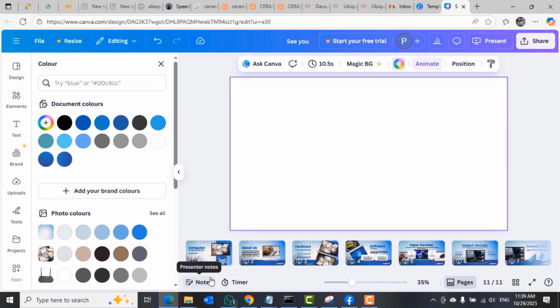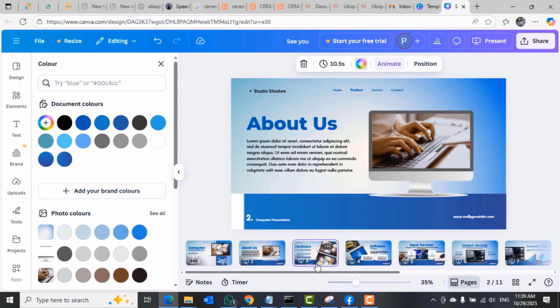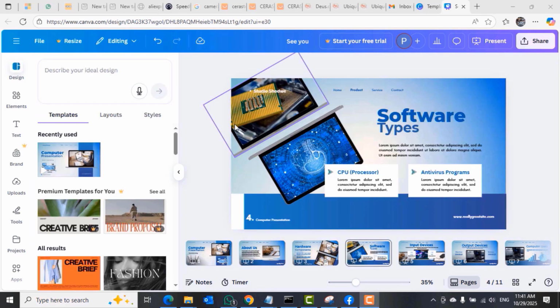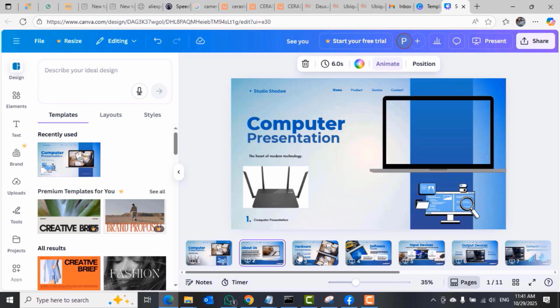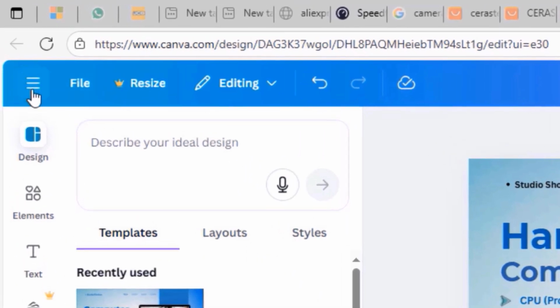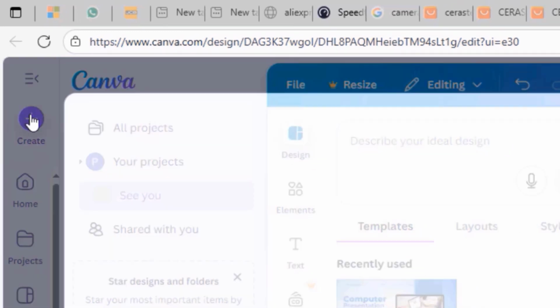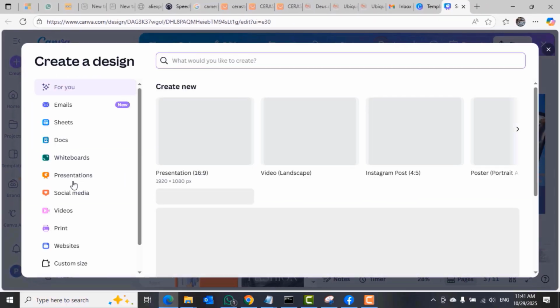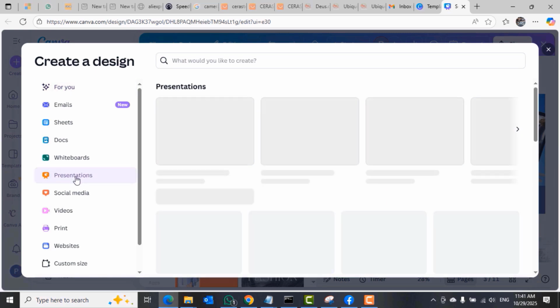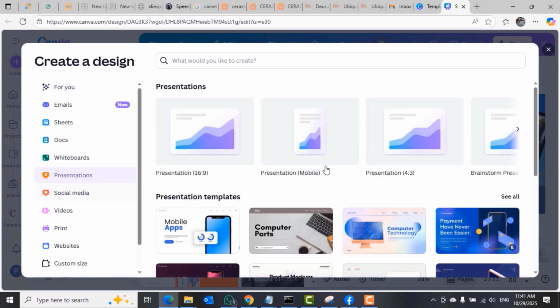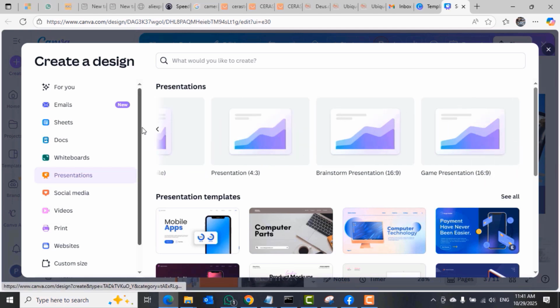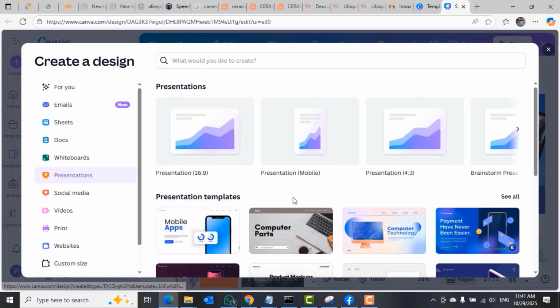This is a template, so go through each and every page to make sure that you add the necessary items, the pictures, the text that you need on each and every single page. But if you didn't use any of the Canva templates, you could click the 3 lines at the top left, select create, and then from there select the presentation option. On the right of that, you can select any of the blank presentation styles to begin creating your slideshow